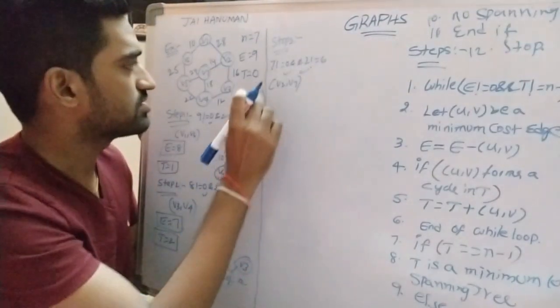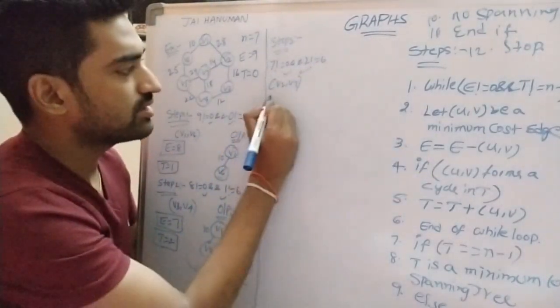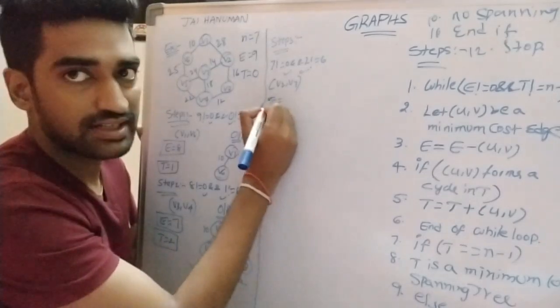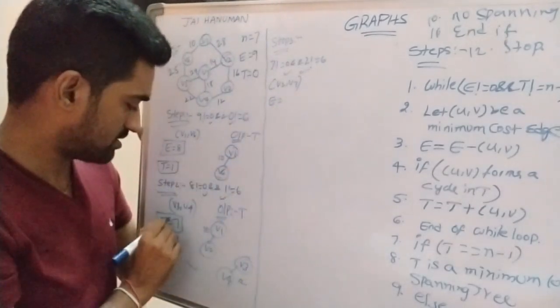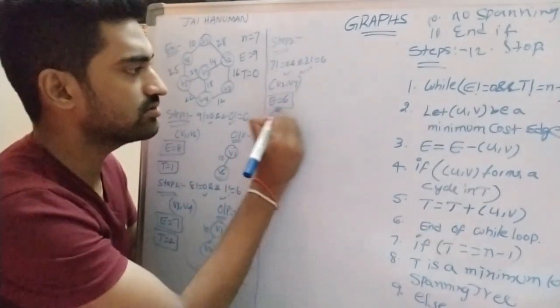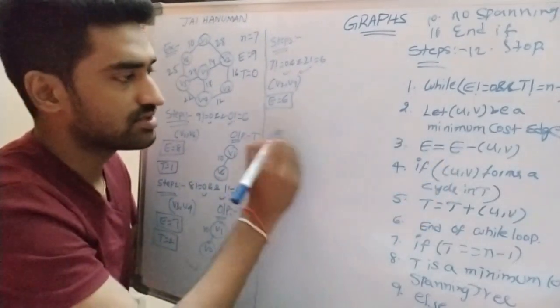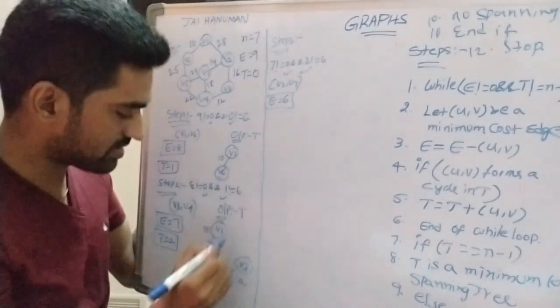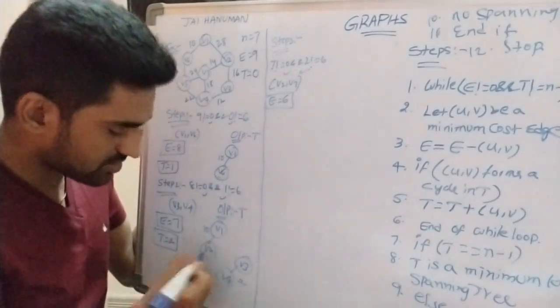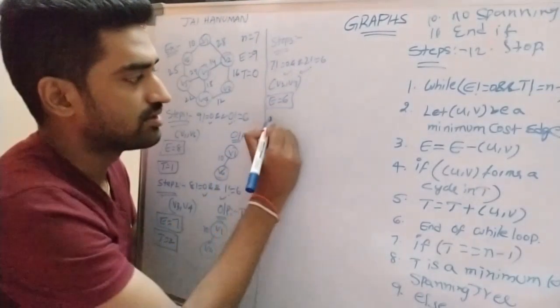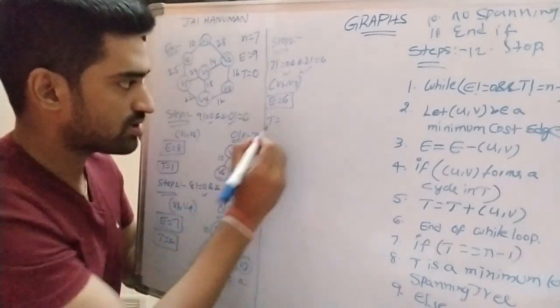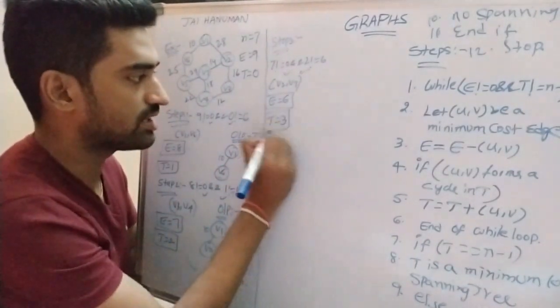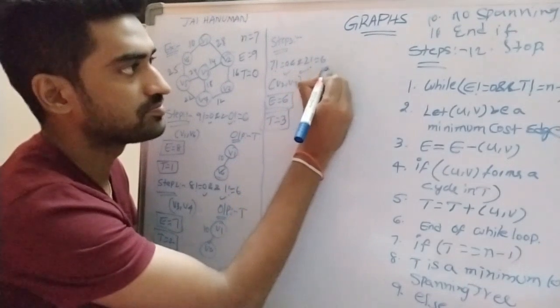So for the minimum cost edge, that edge can be deleted from the set of network edges. 7 minus 1, that is E is equal to 6. Alright. So here we are checking whether this forms a cycle or not. V2 V7 does not form any cycle. So that's why this can be added to the output. So output contains 2 plus 1, 3. Now output becomes